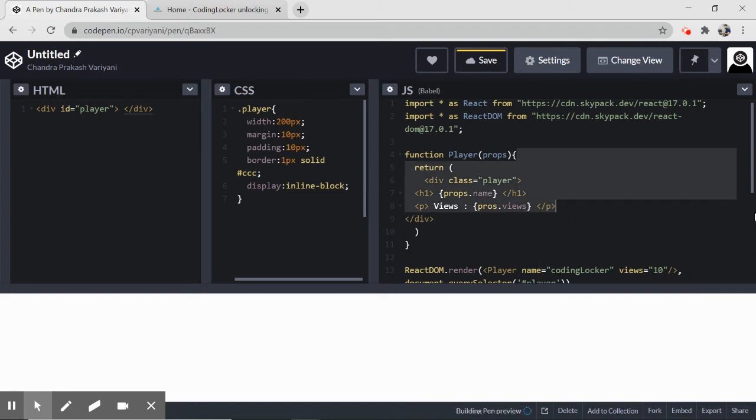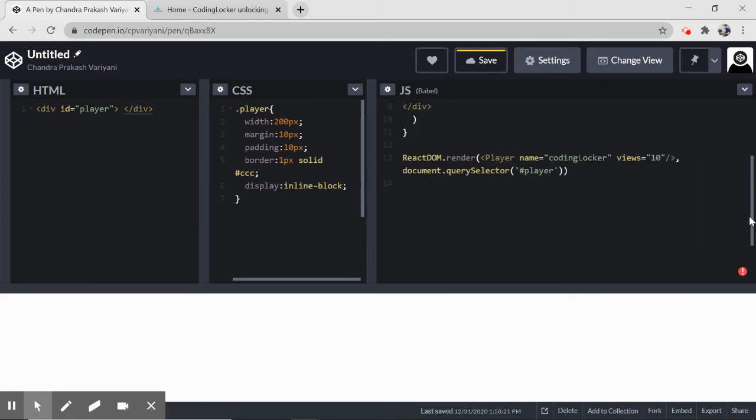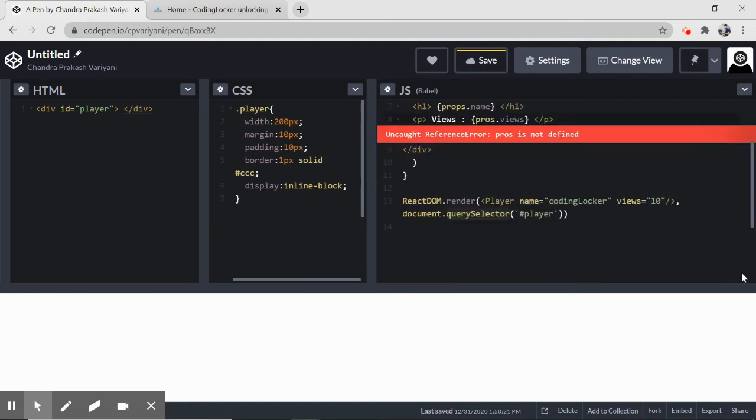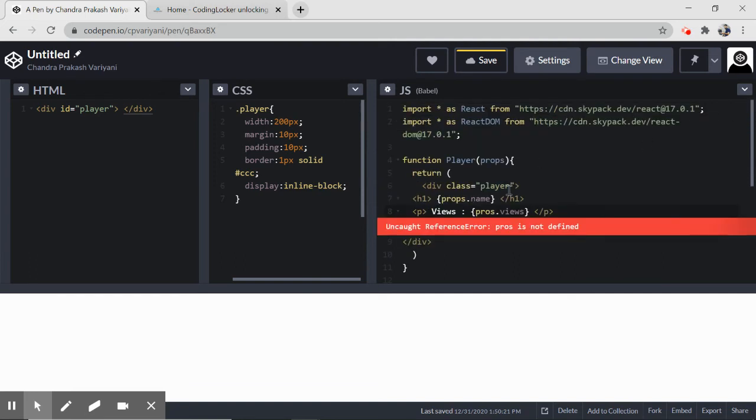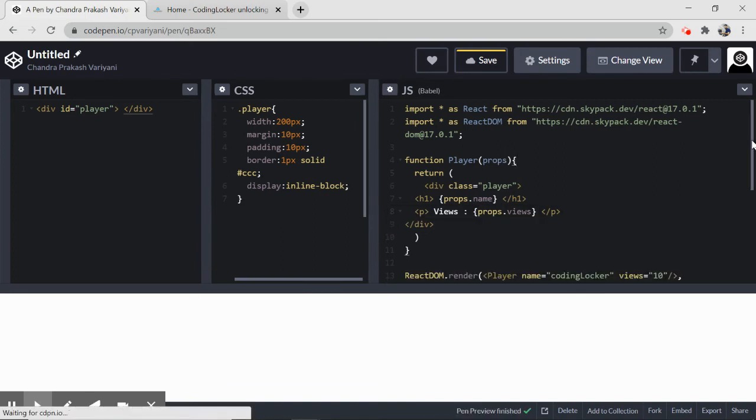Then at the bottom we have views. Perfect. Everything is perfect to me. Let me see what has happened. Uncaught reference: props is not defined. Sorry about that. So it's props. My bad. Okay. Now we have the dynamic data, right?